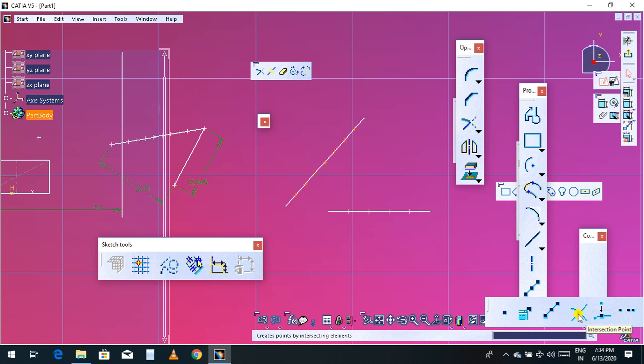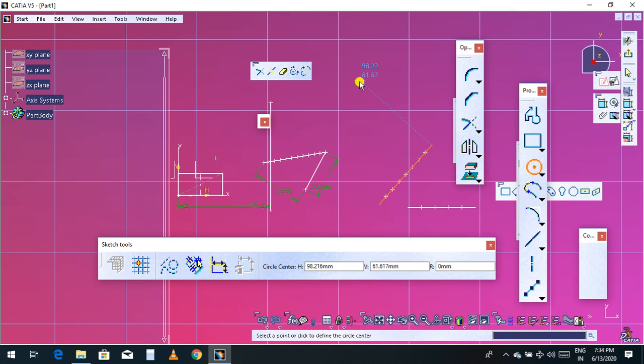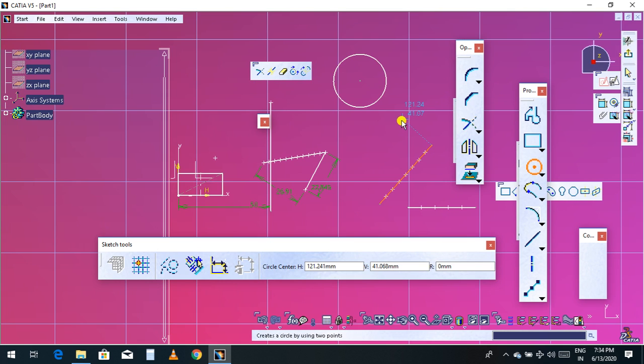Now we have intersect point. Intersect point means go to fit, choose one circle, somewhere this one circle, and choose another circle.